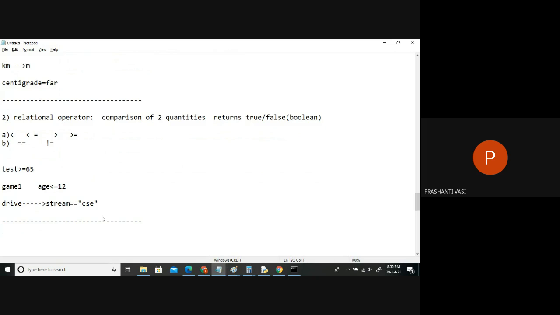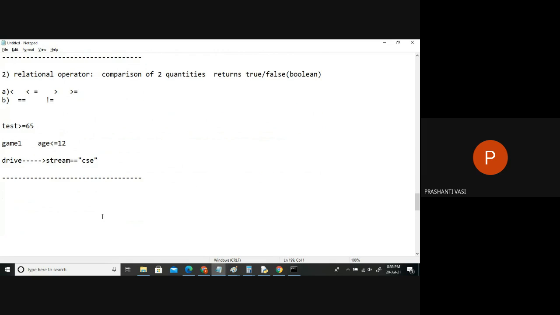Now, let us say I give one small question. I have a bottle of capacity 1000 ml. Can I fill water of 450 in that or not? How will I take a decision? The user will enter the value. I don't know what amount of water they are going to fill in that. So how will I decide whether the water is filled in the bottle or it is wasted? Something has spilled out of the bottle.